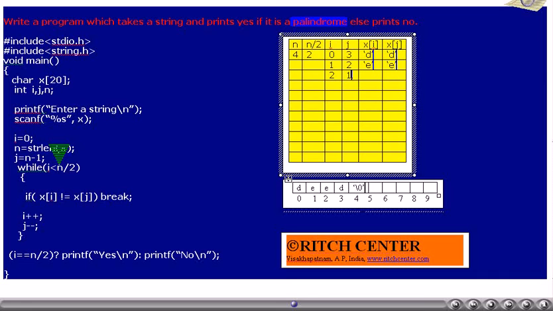That is, I value is 2, n by 2 is 2. 2, is it equal to 2? Yes. Which means that the string is a palindrome. That is, as of now, we have compared two pairs and both pairs are same. Thus, it is a palindrome.